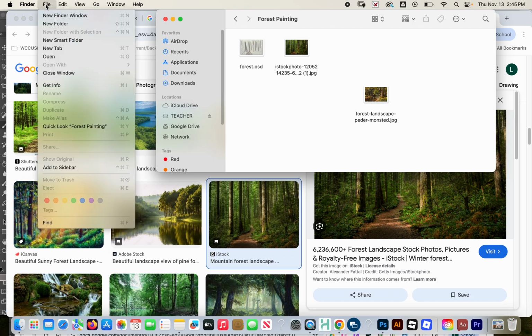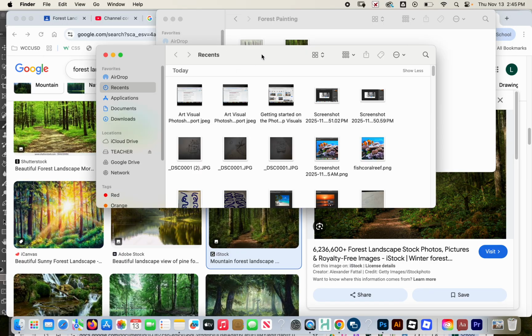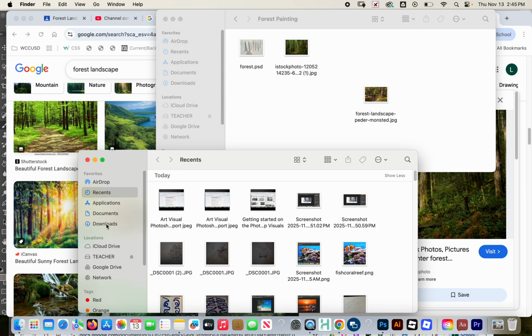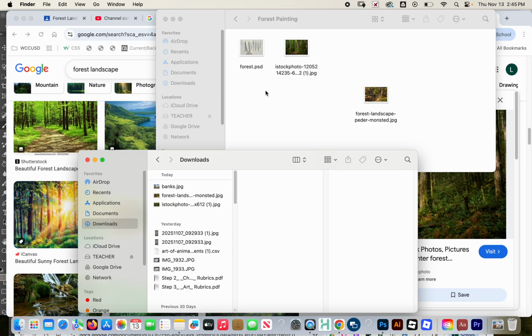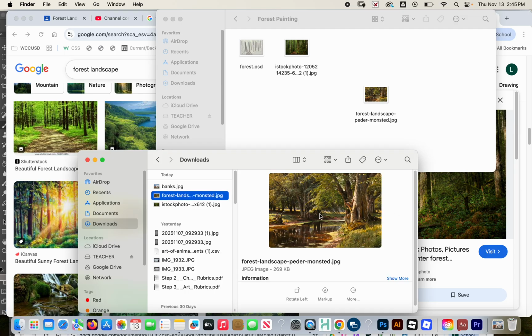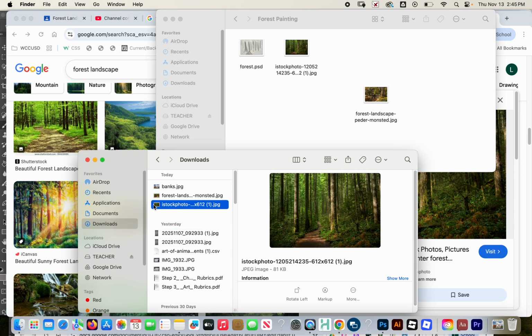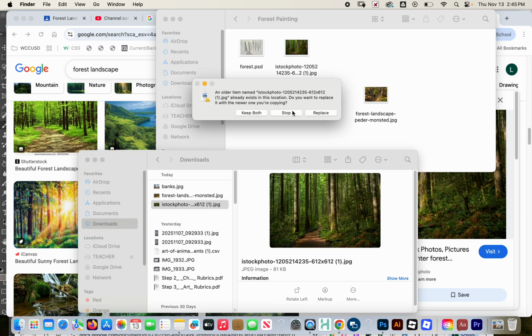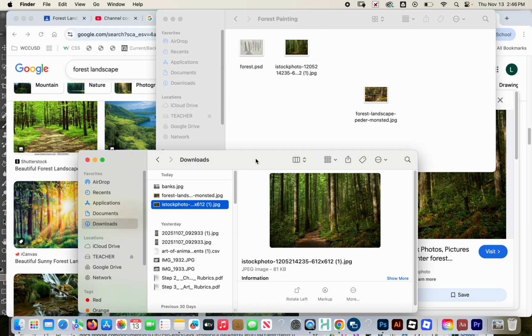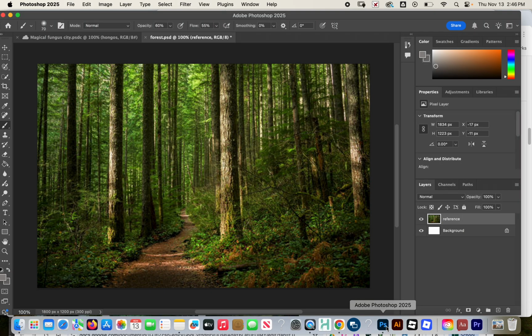You can also, another way, make a second Finder window, bring this one down, find your download. So I have two windows open, one with my external drive and the other one with my downloads. So I can now grab this image, and let's see if I got a different one. Nope. So I'm just going to take the same image and I drag it in here. Of course, I already have it, so I'm going to stop that. Okay. Next, in Photoshop,